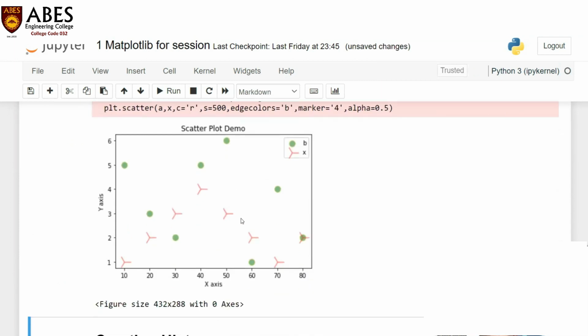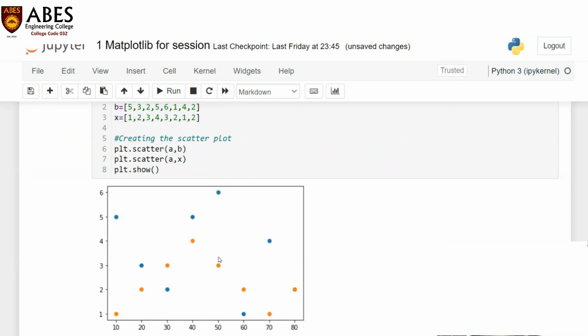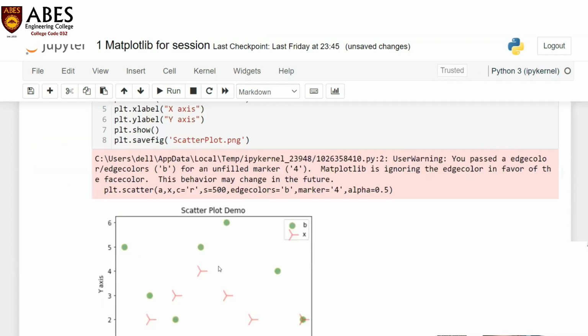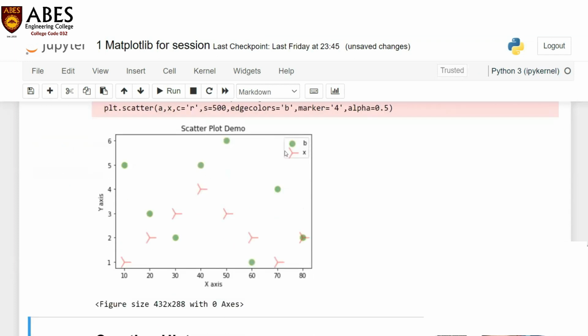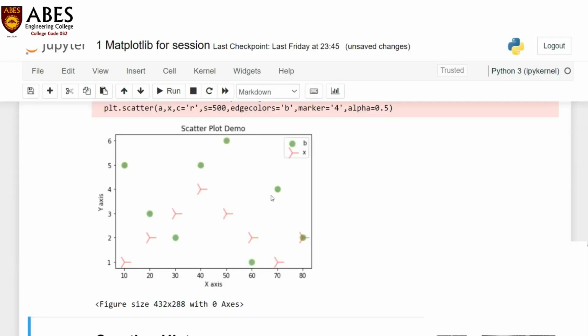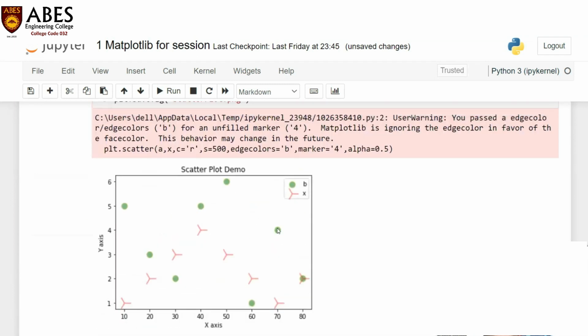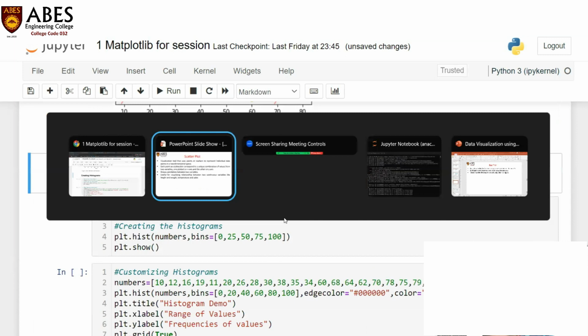Now you can see it is a better representation of this scatter plot. I've just customized it and made it visually better using some commands. You can see here I have written 4 for this marker. The 4 value here is representing this notation. This is representing the legend here. Now coming to histograms,